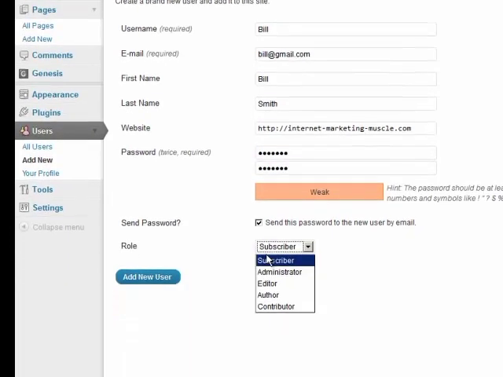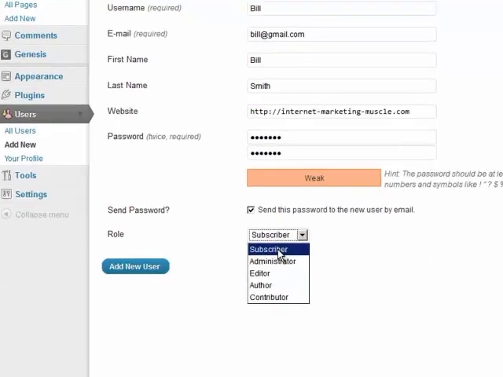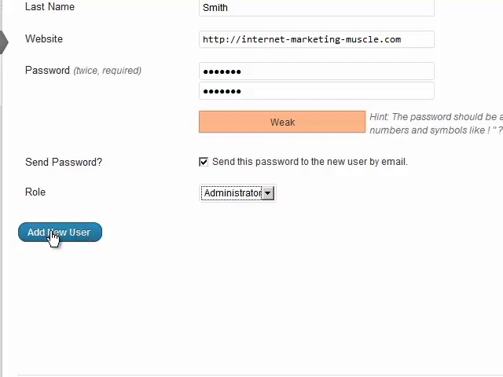And you also want to set the role. So there are subscribers, administrators, editors, authors, and contributors. Typically, in a small website, you're going to have administrators and maybe editors, but that's about it. Subscribers will be anybody who registers on your site. So there will be three basic kinds of users, and typically 99% of the time you're really only going to have two. You're going to have admins and subscribers. All right, so we're going to make this person an admin, and then you just click on add new user,